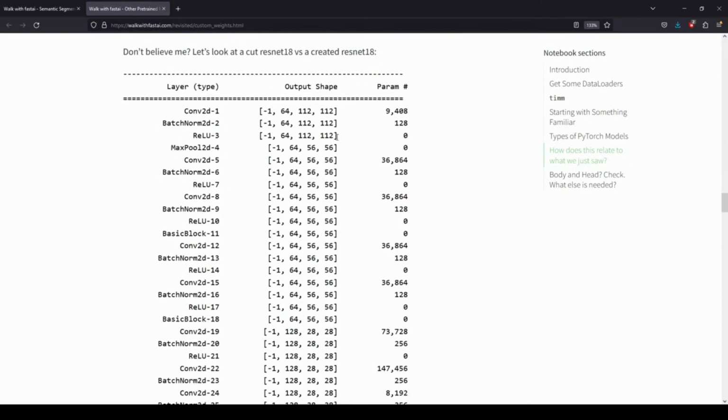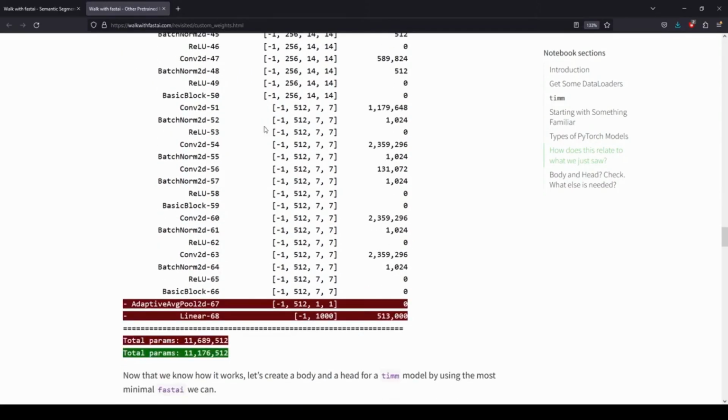So to visualize this happening using PyTorch, I took the outputs from each model, similar to the learn.summary we saw a second ago, but this one doesn't require an input. That's why it's -1 here for the batch size. So if we take a peek at the diff, this is a diff